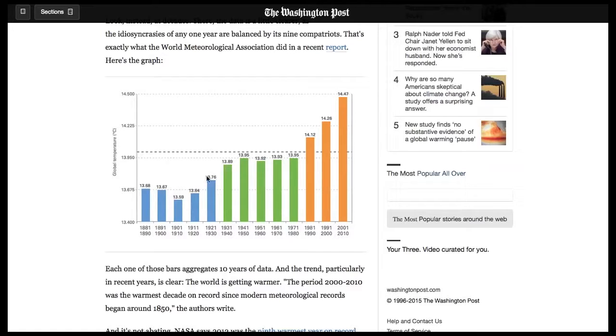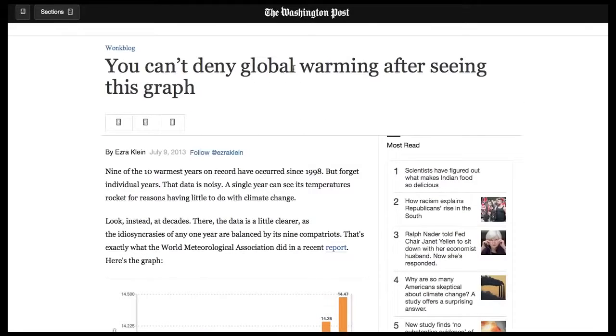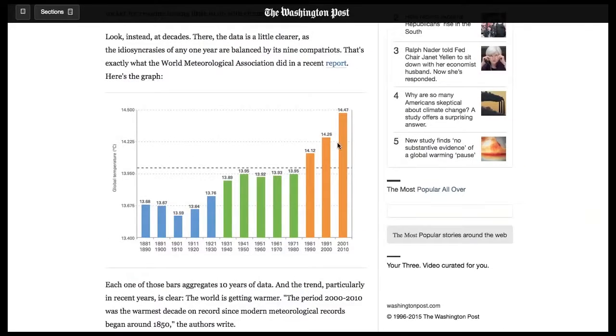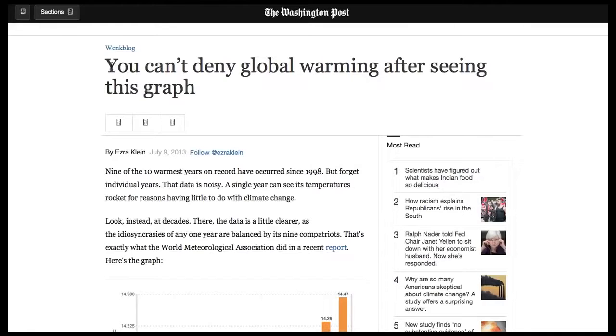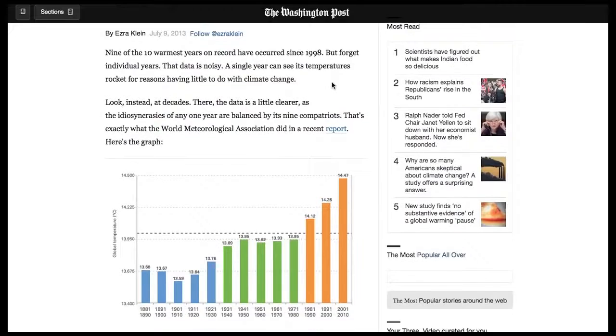And look, very clear trend. You have down in the 1880s, and then in the 1930s, and then up towards the modern era. Very clear, very distinct upward trend, exactly like what we've seen so many times before in so many other graphics. But here it is. You can't deny global warming because you've seen this graphic. Now, I guess there's a few things to quibble with here. First of all is that this is the old global warming believer canard, that there is anyone who is arguing that the world has not warmed since the Little Ice Age ended 150 years ago. I don't know anyone who's arguing that.